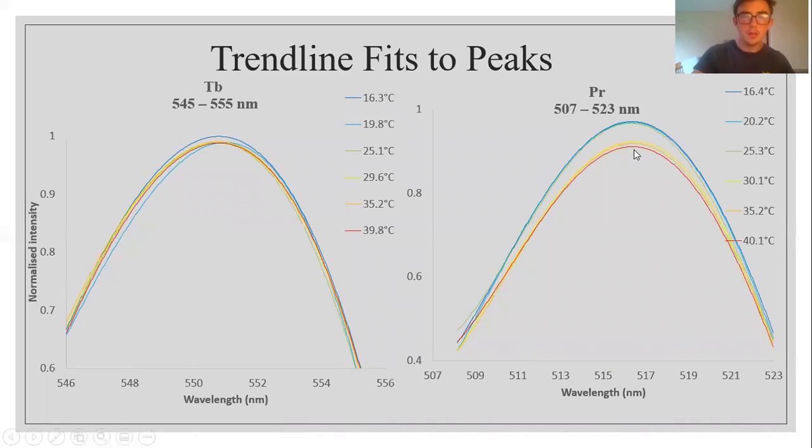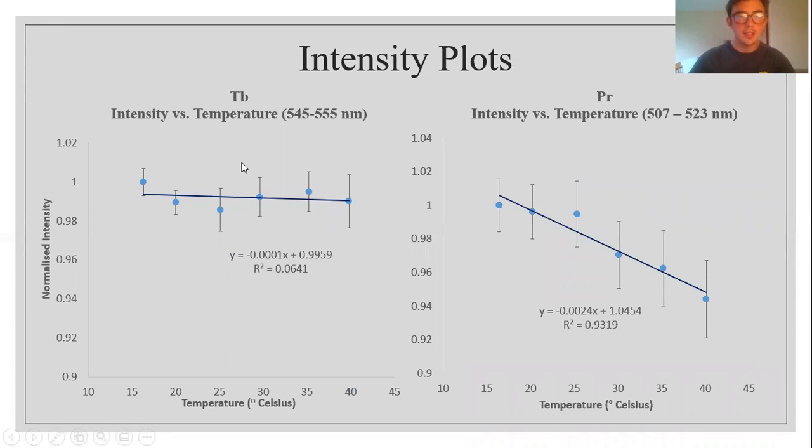So in order to put numbers on all of this, we plotted intensity versus temperature. To calculate the intensity, we simply calculated the area under the graph for each temperature stage, for each temperature spectra. So shown here are intensity versus temperature graphs for the same wavelength range for the terbium and the praseodymium fibers. The terbium graph doesn't seem to suggest any strong relationship. The R-squared value leaves a lot to be desired, and the confidence interval on this regression line also contains 0 for the slope. Thus, we could not conclude any significant relationship between the intensity of light emitted by the